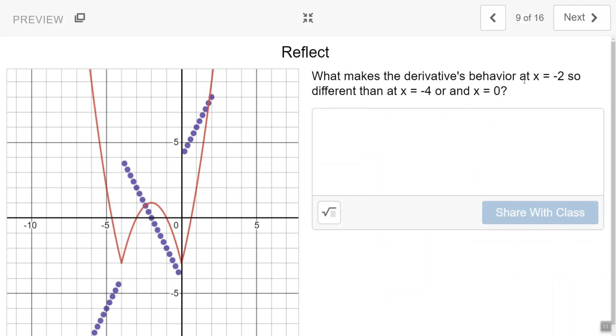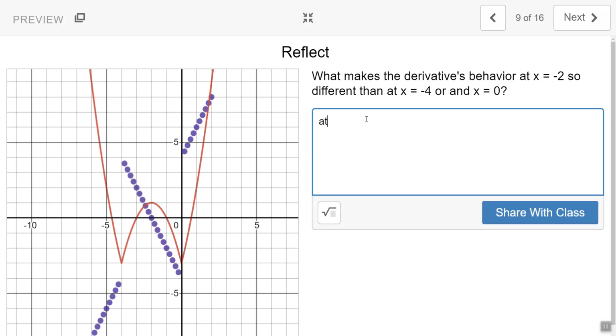What makes the derivative's behavior at x equals -2 so different than that at x equals -4 or x equals 0? I'm going to say at x equals -2, right up here, kids, we can get a slope, which is 0. We can say that at that peak we can get a slope because that point is on a curve and not at a corner. So at x equals -2, that point is on a curve, whereas at x equals -4,